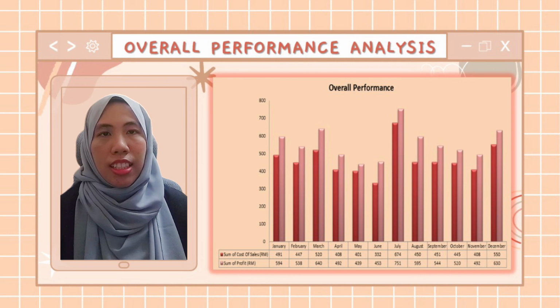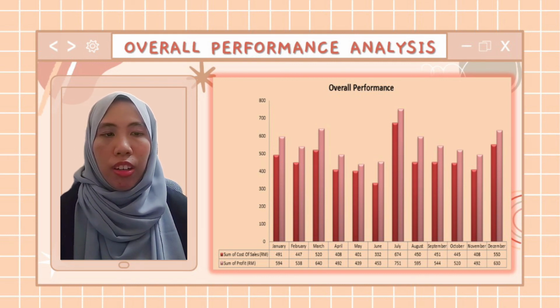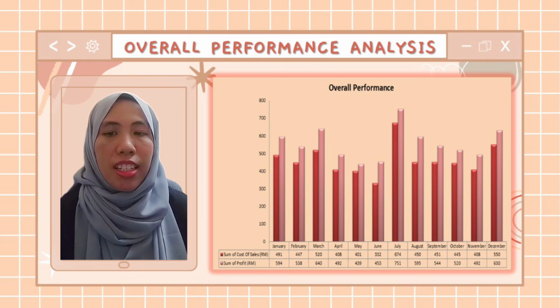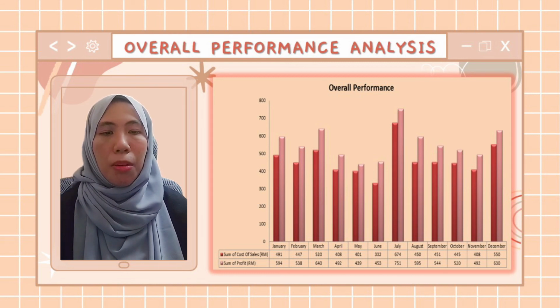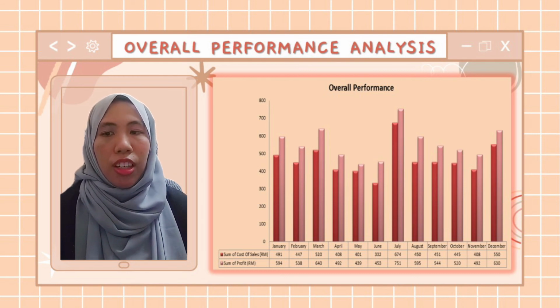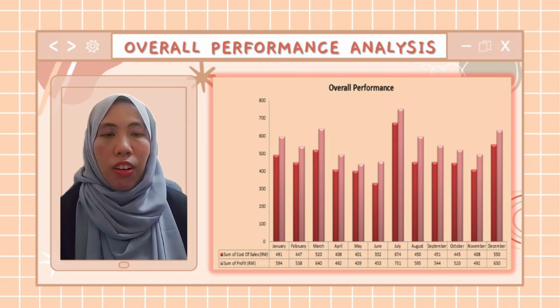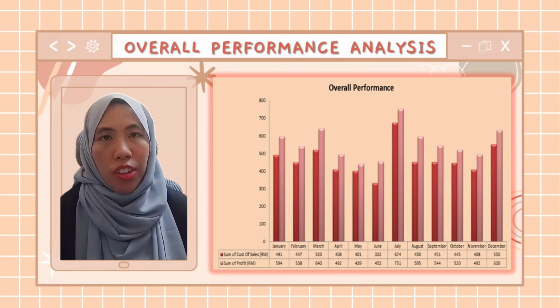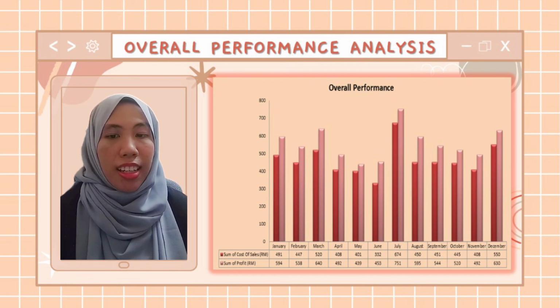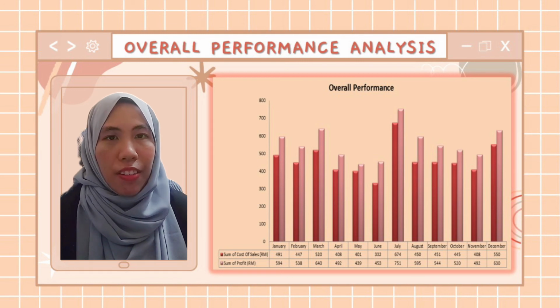According to the chart and the table, we can see the highest total cost of sale used by Clover SDN BHD to produce and supply various types of shoes requested by customers is in July, totaling RM674. And the lowest total cost of sale is in May at RM332, with the sum of cost of sale being RM5,577. Then, according to the diagram, the highest total profit for Clover SDN BHD is in July, totaling RM751,